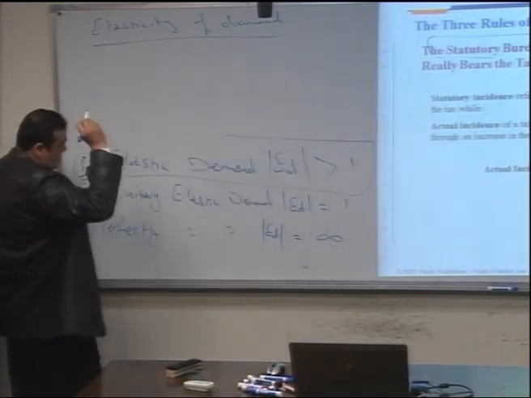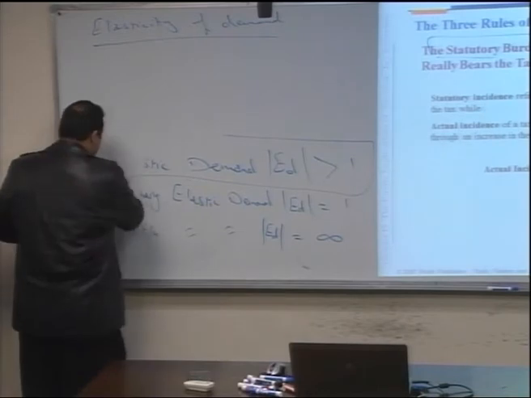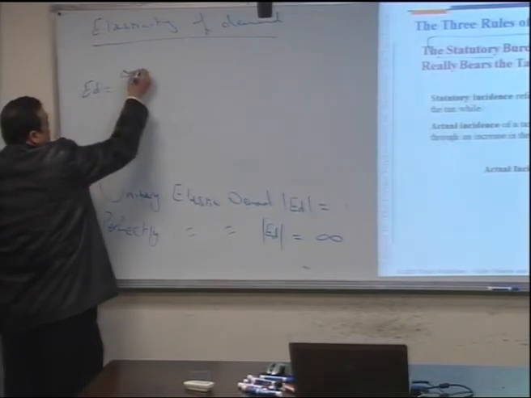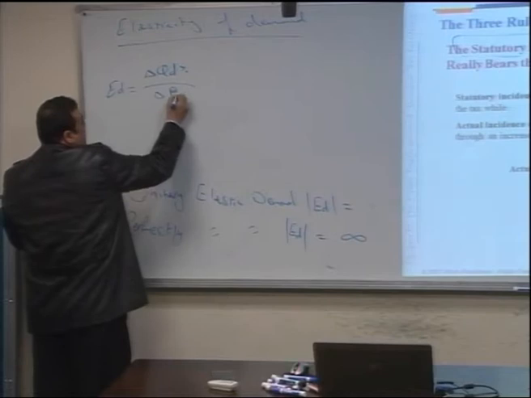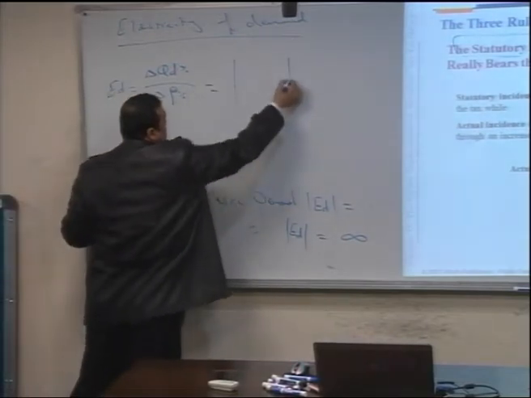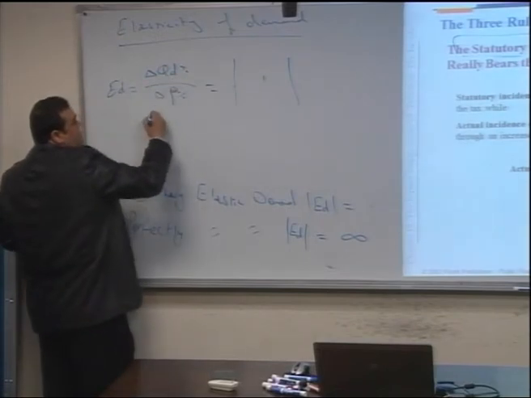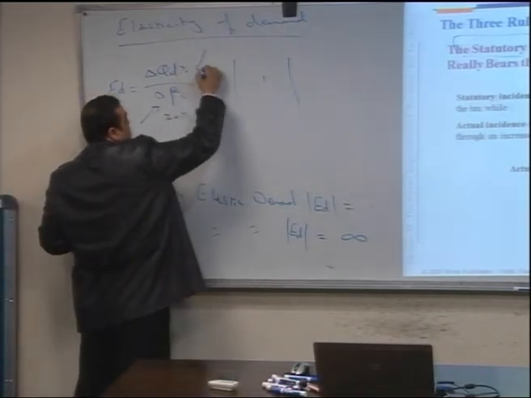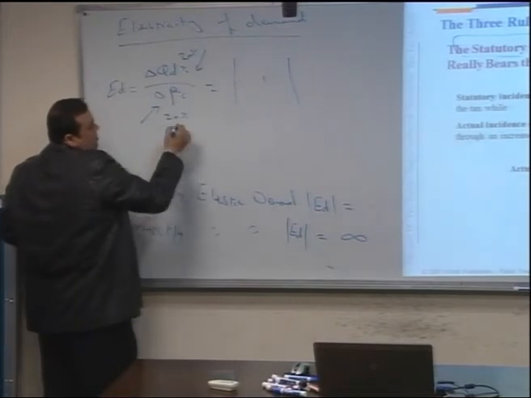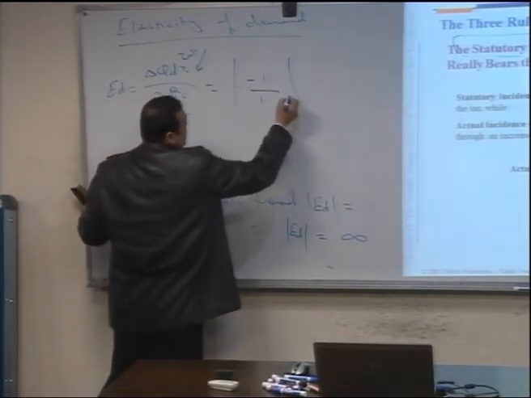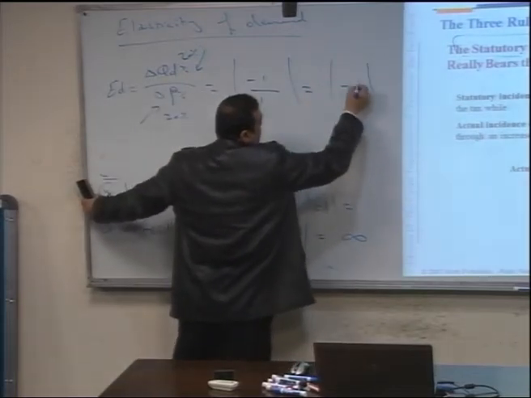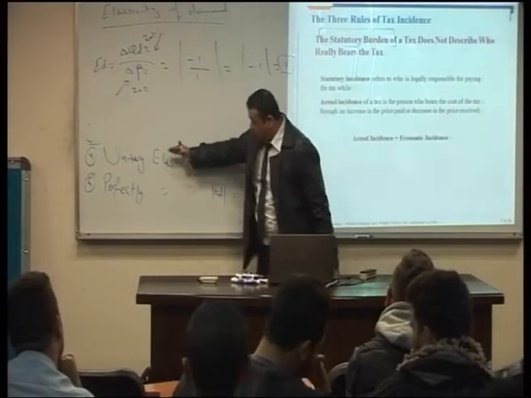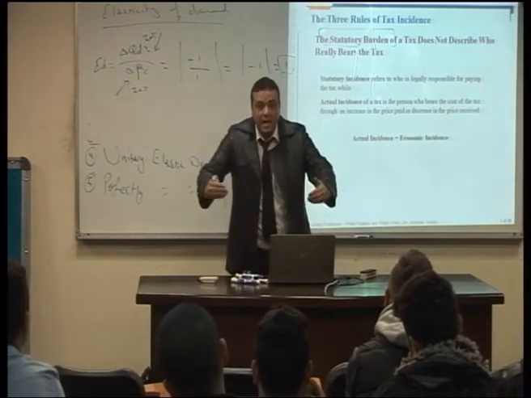الانديكيتور تبعه وين راح؟ Elasticity, sorry, unitary elastic. بالunitary elastic، ED equals change in the quantity demanded percent over change in the price percent. The absolute value equals 1, which means the percentage change, let us assume the percentage change in a price equals 20% and the percentage change in a quantity demanded equals 20%, minus 1 over 1, and the absolute value equals 1. Unitary elastic. تمام؟